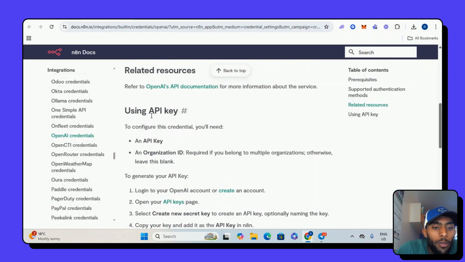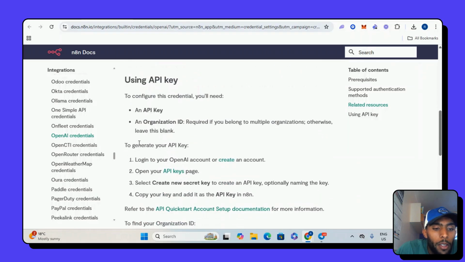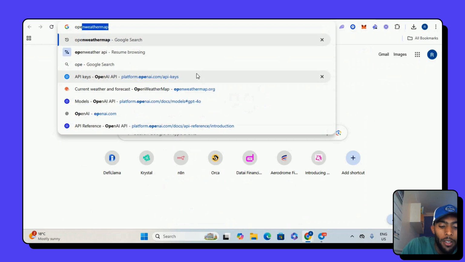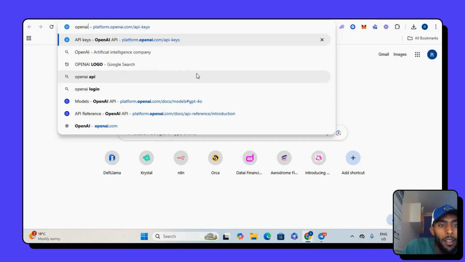Okay, so here's a step-by-step guide. Use API key to generate your API key. Log in to OpenAI, create an account, then go to your API keys page. But what we're going to do is search OpenAI, and this will be the options.